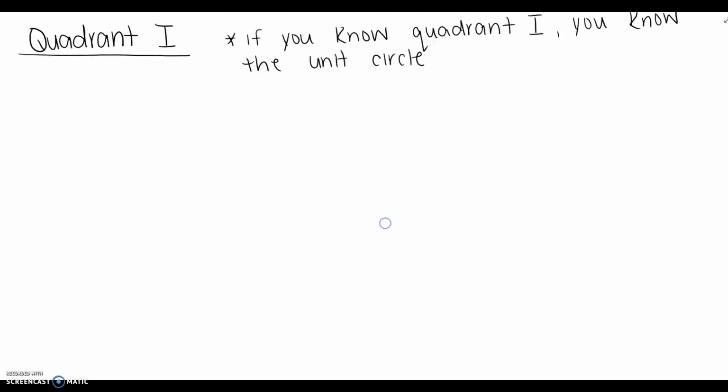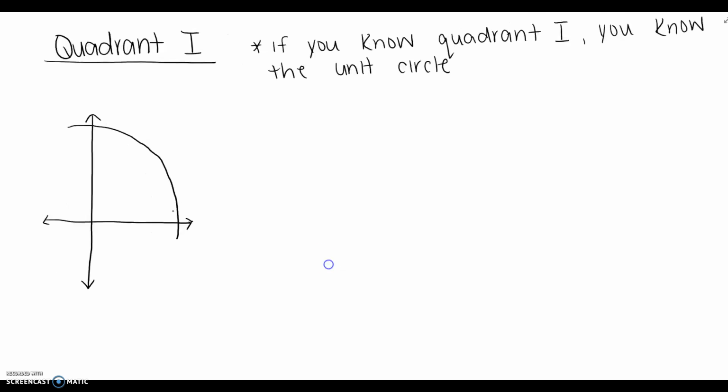Okay, so quadrant 1 of the unit circle, let's draw it out. Our coordinate plane is going to keep going past this, but we're just going to focus on the first quadrant. So here's our circle. There are 5 angles, technically. We've got 0 degrees,